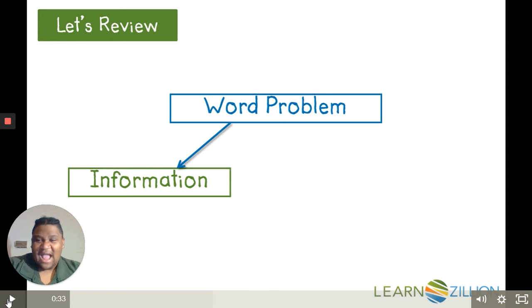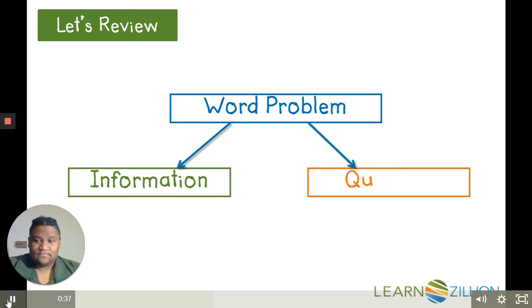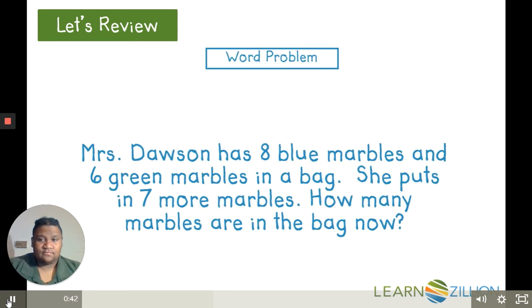Oh, I say that all the time. There's information. Oh, I say that too. And I also say that you must do what with that question? You must underline that question. we have to figure out the answer to. Let's look at